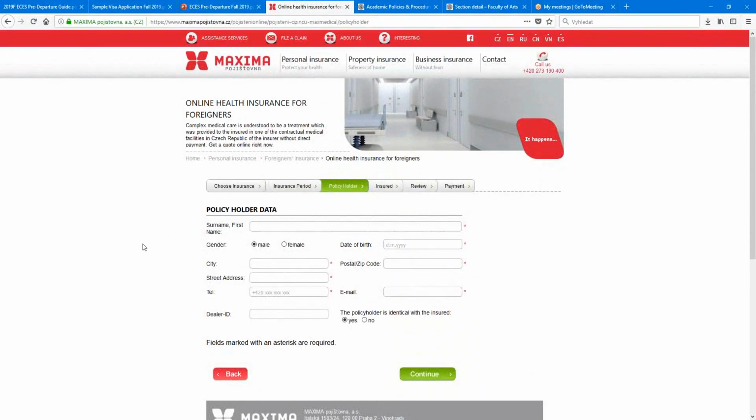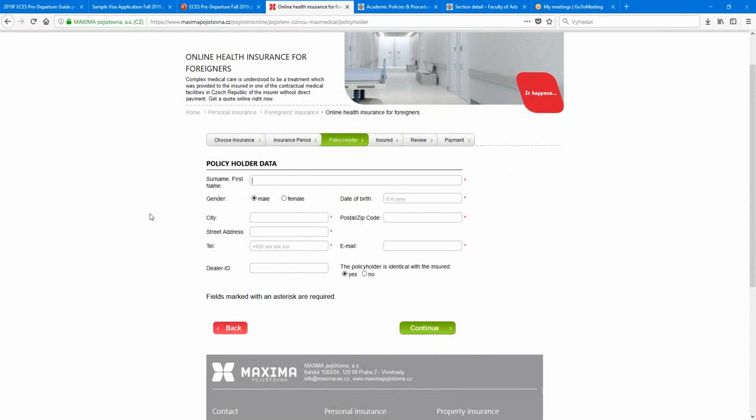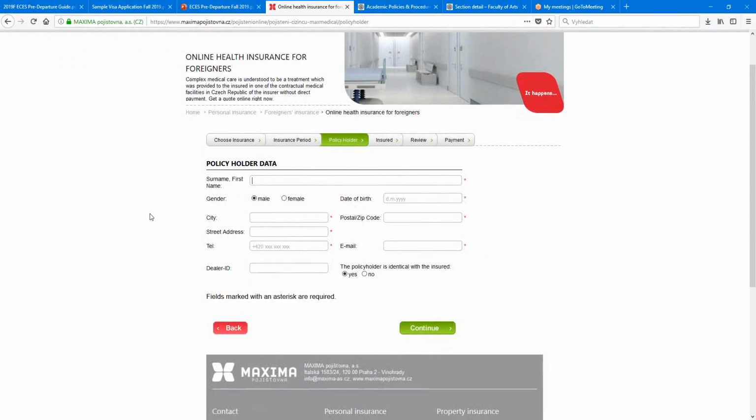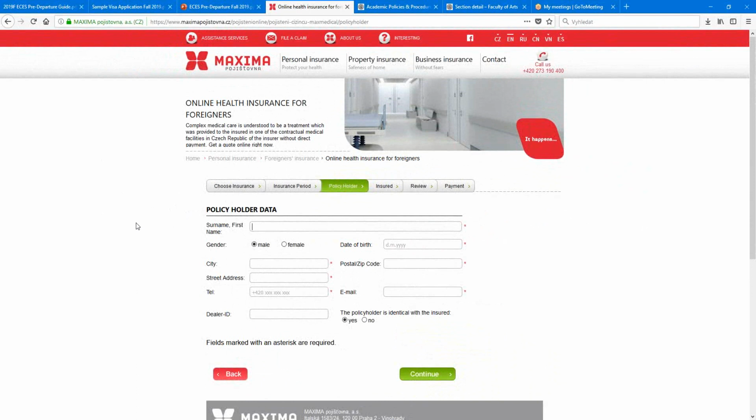If you are going with Maxima and for some reason you can't get the policy and terms and conditions in Czech, if you can't find it, please email them about it. And likewise, for CISI insurance, you should request the terms and conditions as well as the policy in Czech. The embassy will not process your application if you don't submit this contract in Czech. Although Maxima will also have the terms and conditions in English for your own reference. So that is one reason why we do